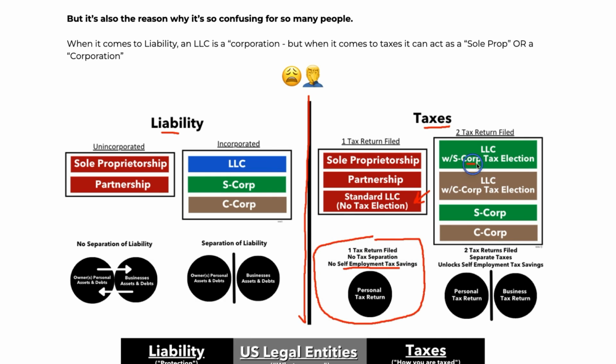But if you file that tax selection form, you then have a personal tax return and then you have a business tax return, which again has an additional cost. And so now not only is there the cost of the actual corporation, because in order to start a corporation is like $300, $800 a year, but then you got to pay an additional amount in order to have a business tax return filed as well. So again, this is just adding another level of your understanding, another tool in the toolbox for you to understand, hey, we got our hammers, we got our screwdrivers, our Phillips head screwdriver, our flathead, all these different types of tools. And so now we're understanding, okay, wait a second.